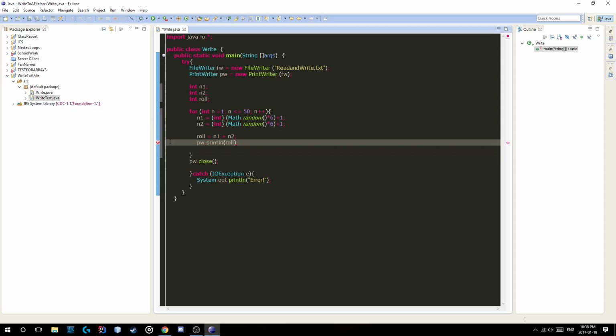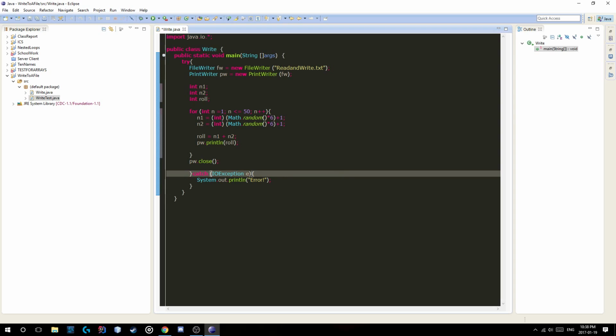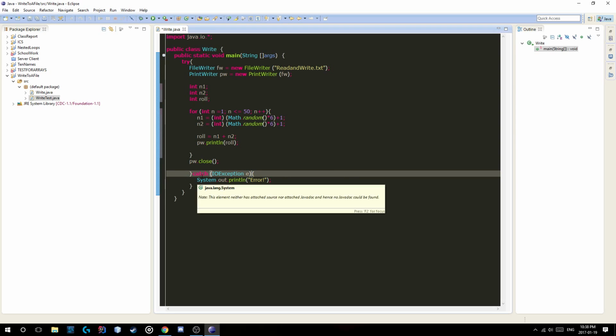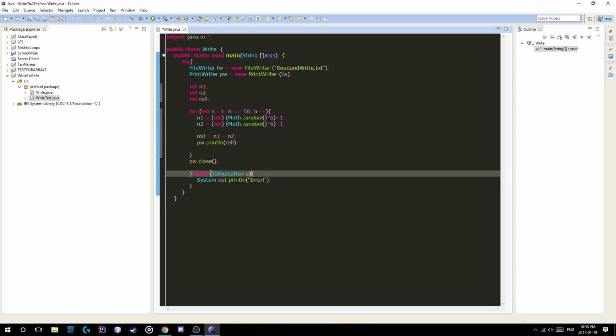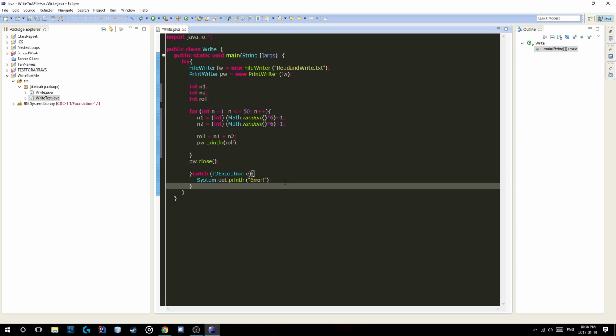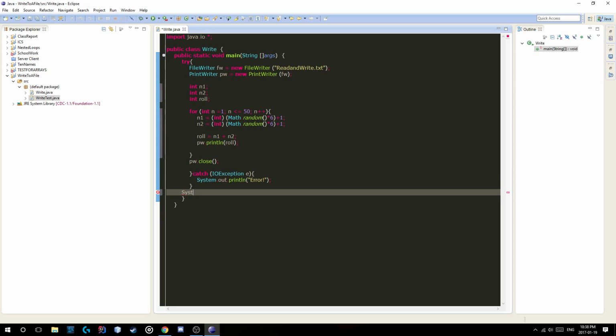Oops, forgot the semicolon. And we have our catch IOException statement already done. And we should be ready to go. Let's just tell ourselves when it actually prints it out, just for confirmation that it actually has printed out 50 numbers. We will just say 50 numbers have been randomly generated in file